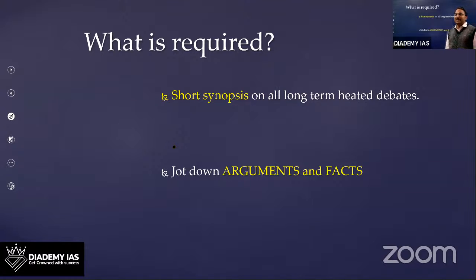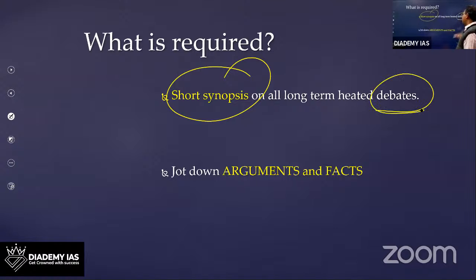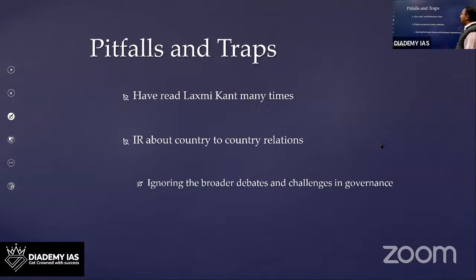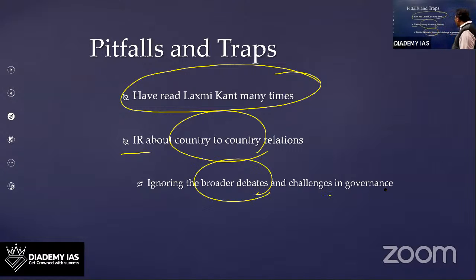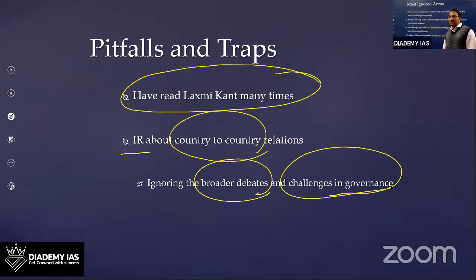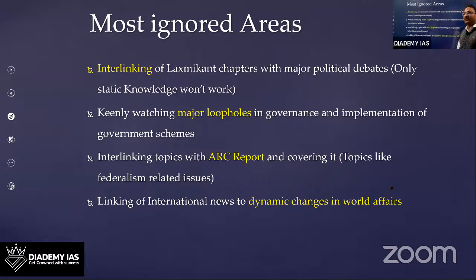Now what is required to master the entire GS paper 2? Short synopsis of all the debates, ठीक है। Arguments and facts, सब कुछ होना चाहिए। लक्ष्मीकांत को बहुत बार पढ़ने से आपका मेंस एग्जाम क्लियर नहीं होगा, ठीक है। कंट्री टू कंट्री रिलेशन IR के लिए जरूरी नहीं है। There are certain countries which are important, not every country, and you have to understand that you cannot ignore the broader debates and you cannot ignore the broader challenges in the governance. You have to go and understand the recurrent themes in the governance. कुछ एरियाज हैं जो लोग इग्नोर कर देते हैं।